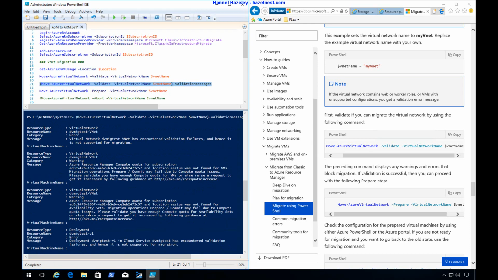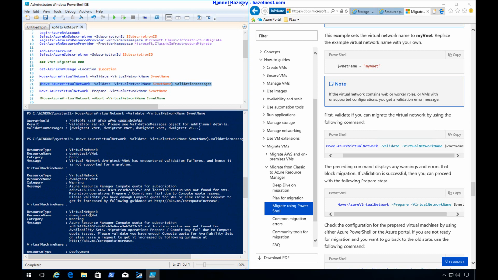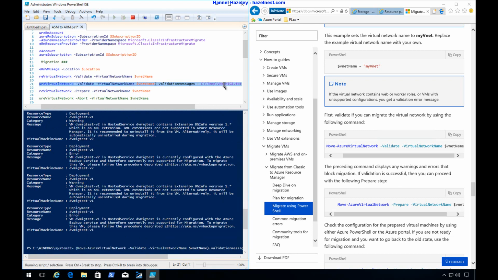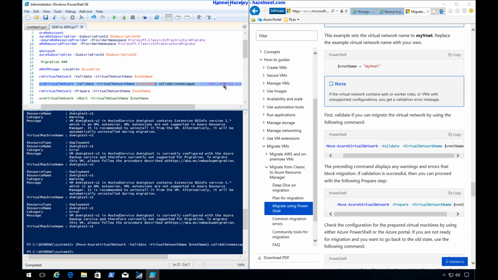This is also a little bit complicated because it's in PowerShell. You can either copy and paste it, or you can just send it over to a notepad, VNet1.txt. All right, and then once that's open, you can do